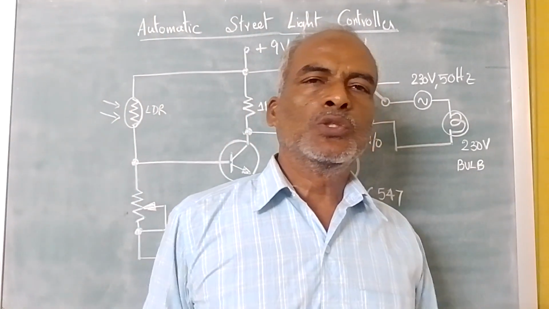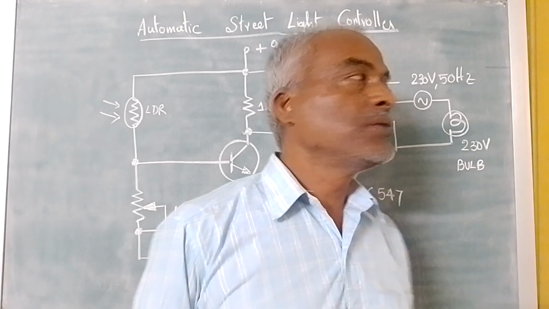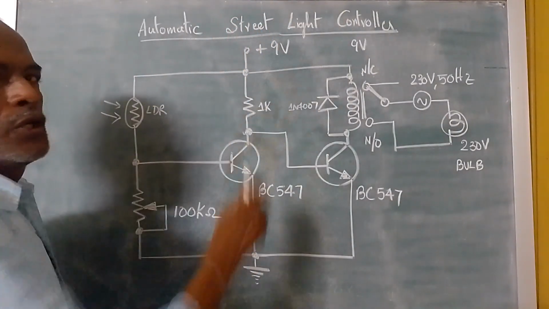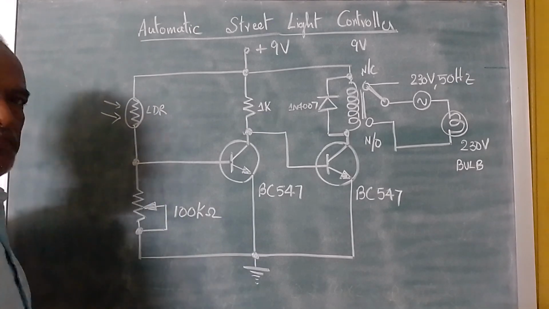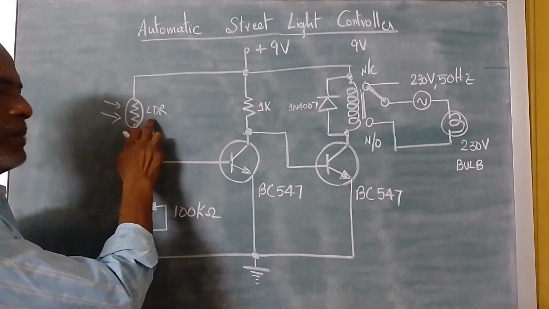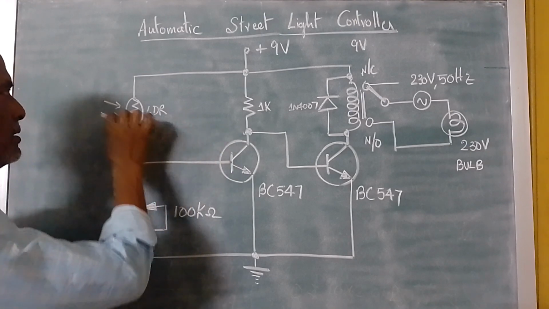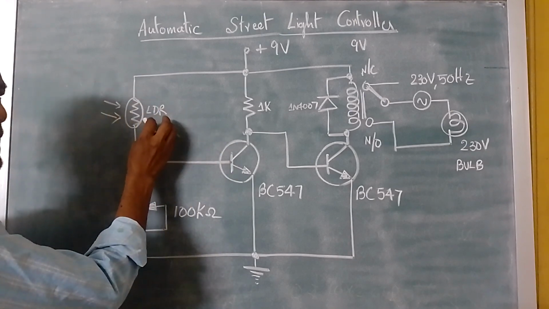Hello viewers, today we are going to see the working principle of an automatic street light controller using LDR. LDR means light dependent resistor. So what happens is, when the light falls on the LDR,